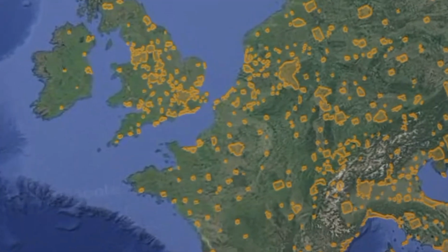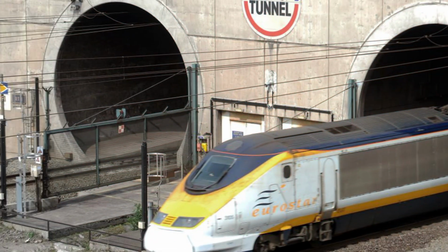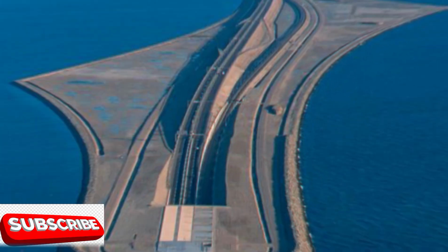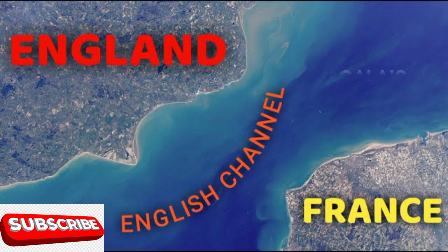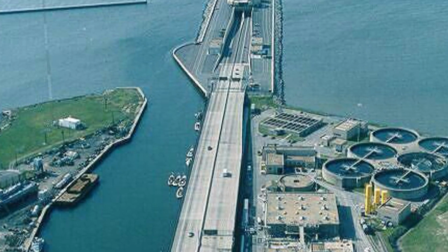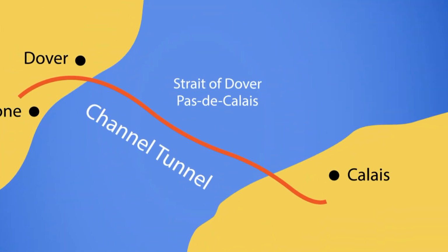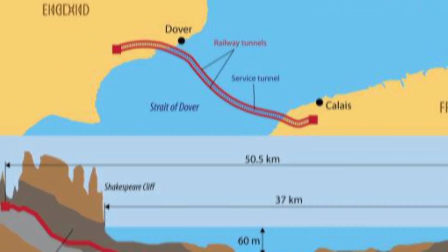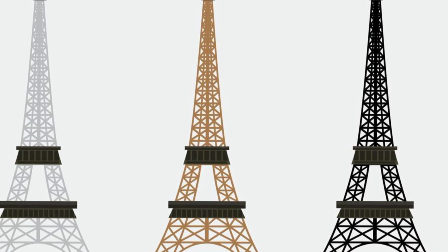The longest undersea tunnel in the world is Eurotunnel, also known as the Channel Tunnel. It connects England and France, running beneath the English Channel between Folkestone in England and Calais in France. The Eurotunnel is 31.5 miles or 50.45 kilometers long, which is equivalent to 169 Eiffel Towers stacked on top of